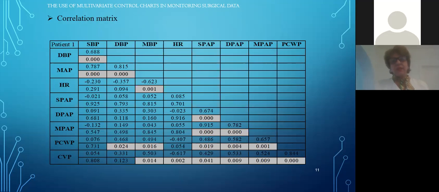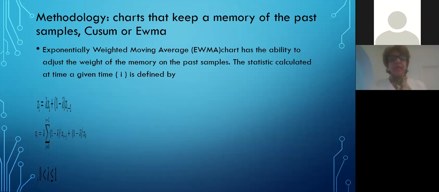And then we did the correlation matrix to see how correlated the data are. And in the clinical area, if the correlation is very, very strong, usually we get advice from medical practitioners, and we include one of them in the model. There's no point to put both of them. So after we did the basic statistics, we tried to develop our